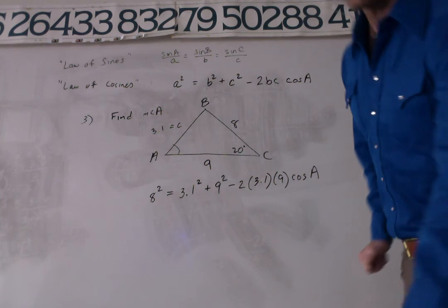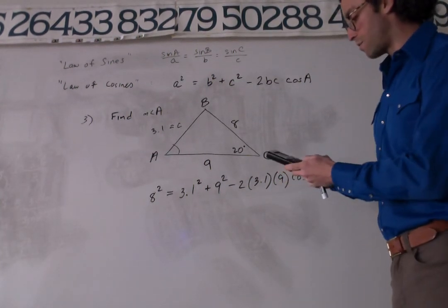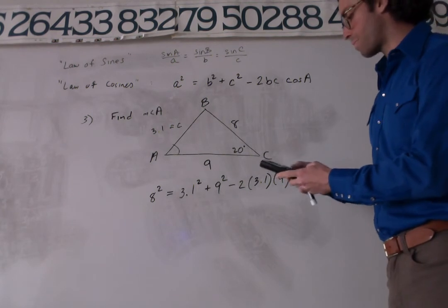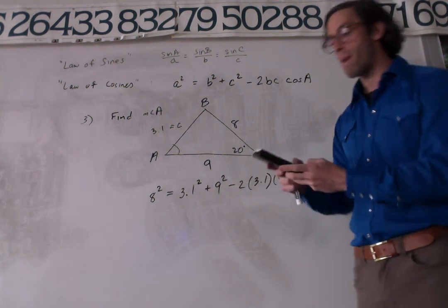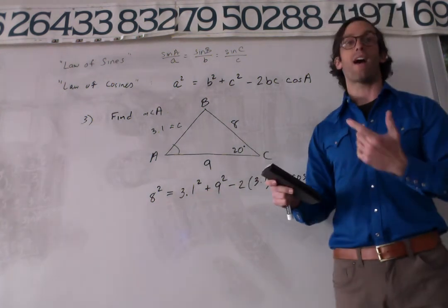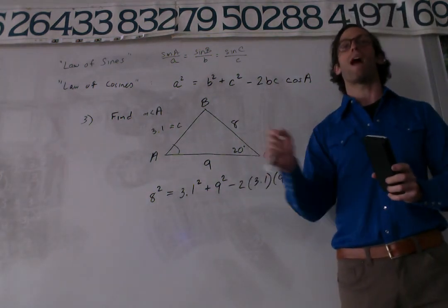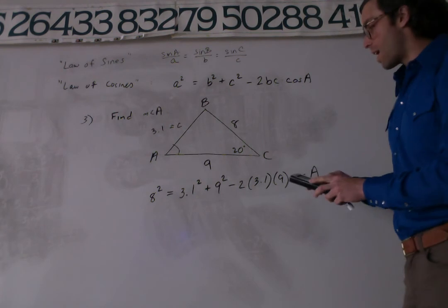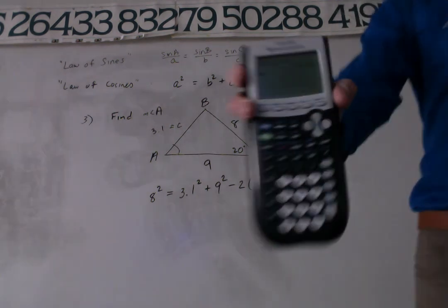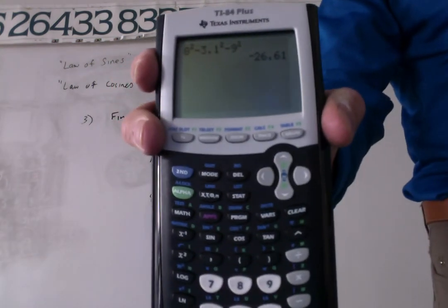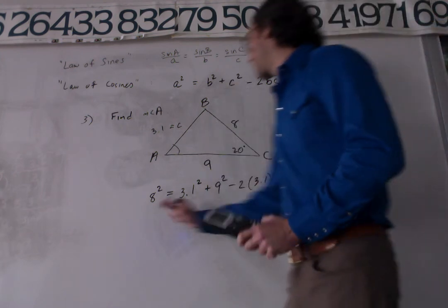All right? So you don't need to show me that much work on your paper, but I'm just going to do 8 squared, 64 of course, minus the 3.1 squared. Now that was approximate, right? So it would be better if you used the more exact value in your calculator. Okay, but if you're showing work, I'm not going to take off points if you use the rounded value in this problem. It's okay. 8 squared minus 3.1 squared minus 9 squared. That's how I started, just by subtracting off those two squares. All right? So we're now at the point, this is about negative 26.61